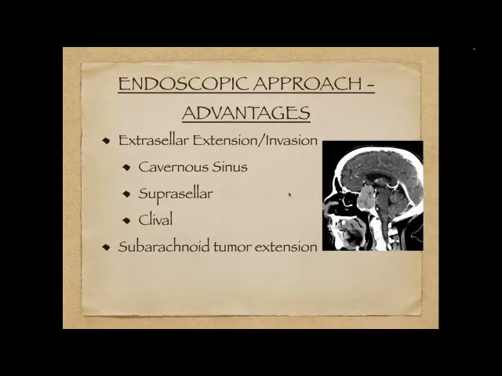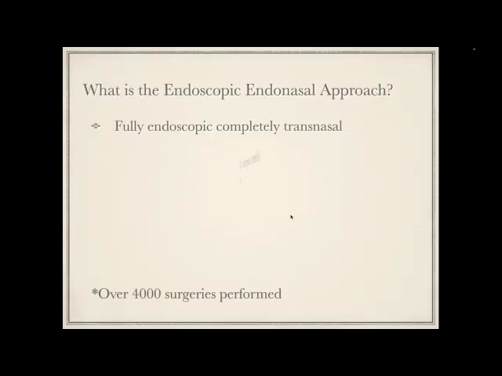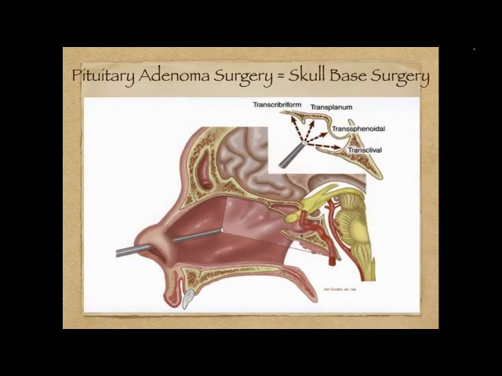Now, the endoscopic approach has some very big advantages, partly because of this team, but partly just our ability to access areas that we couldn't access before with other approaches. And this is when we start looking at what's called extrasellar or extension beyond the sella, and that's really where invasive tumors go. So the sella is the little area in the middle of the head where the pituitary tumor normally sits, and if we go back to this drawing, you'll see this drawing of the sella here. And so the sella here is this area right in the center.